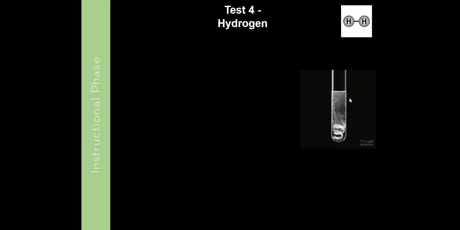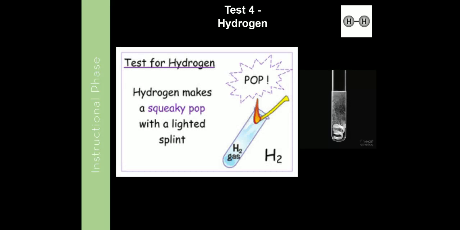Now, if I get a lit splint and I hold it in that sample of gas, if it's hydrogen, it should produce a squeaky pop. So testing for hydrogen gas, use a lit splint and it should produce a squeaky pop. So again,